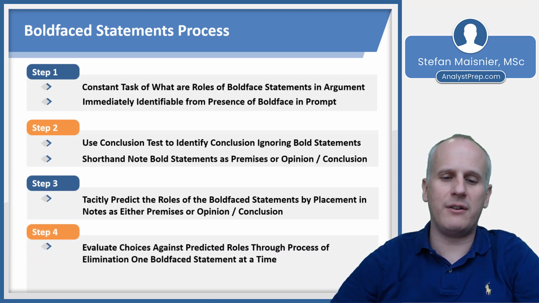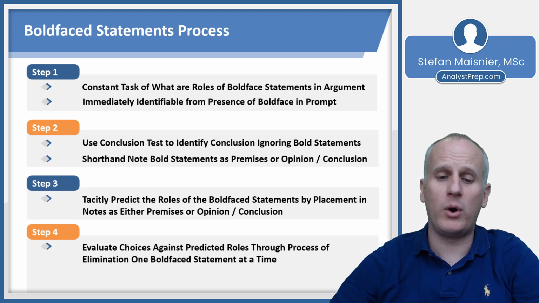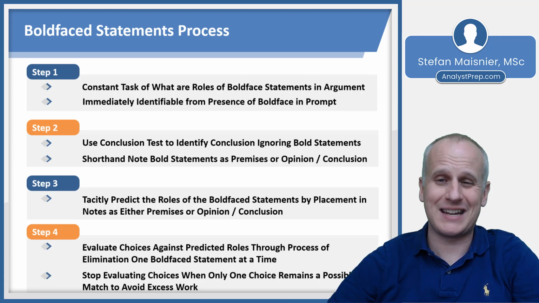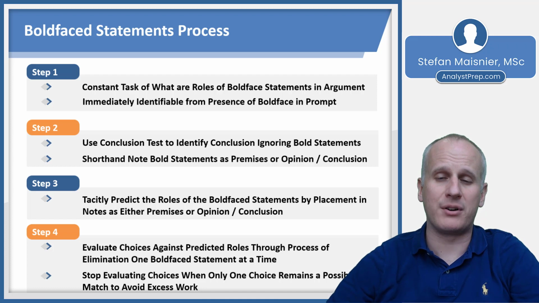And then step 4, evaluate the choices against the predicted roles in your diagram of the argument through the process of elimination, but only one boldface statement at a time. And you can stop evaluating the choices as soon as only one choice remains a possible match to avoid excess work. Kind of like we just saw in the previous example, we wouldn't have necessarily needed to parse choice B